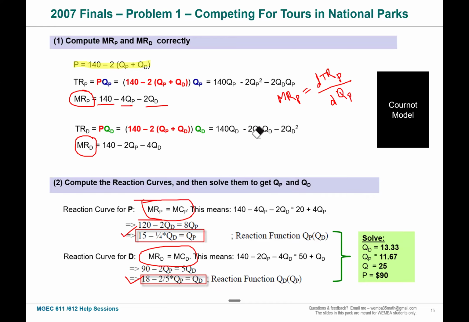Yeah. So that P is just the price that is dependent on both quantities, because we don't know the price yet, right? We don't know the price yet, correct. The capital P, we don't know that yet, correct. Okay. Correct. So, but you get the two reaction curves, which is the equation in Q1 and